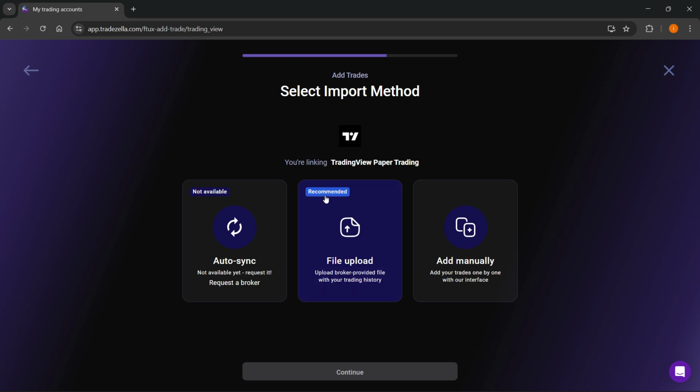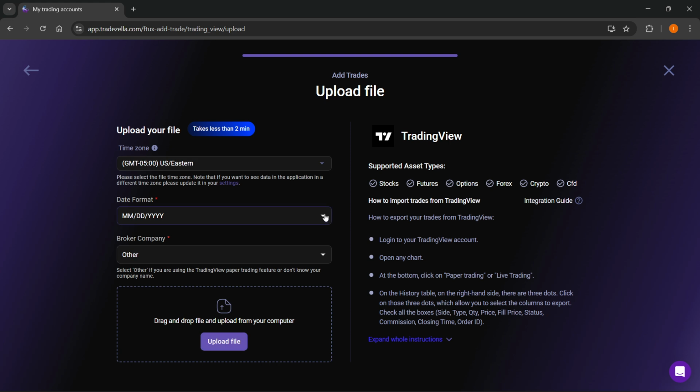You have the file upload, where you can basically upload the broker provided file with your trading history. So if you click on that, press continue, you'll basically get your tutorial over here on how to do this for TradingView, and then you can just select your time zone, date format, and then the broker company as well. And then here you can just upload the file, and it's going to basically get connected in there, which is